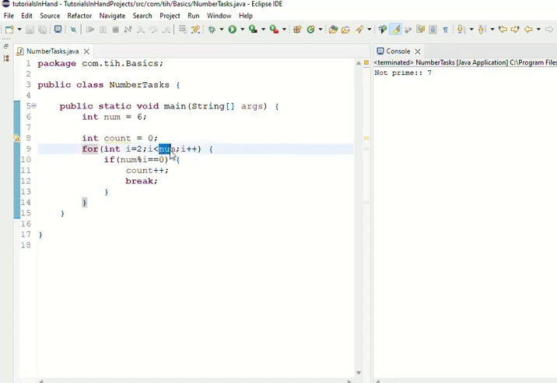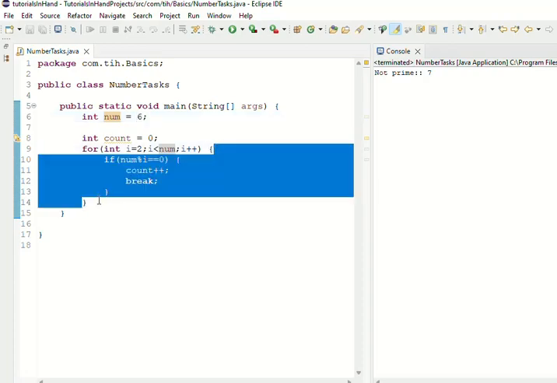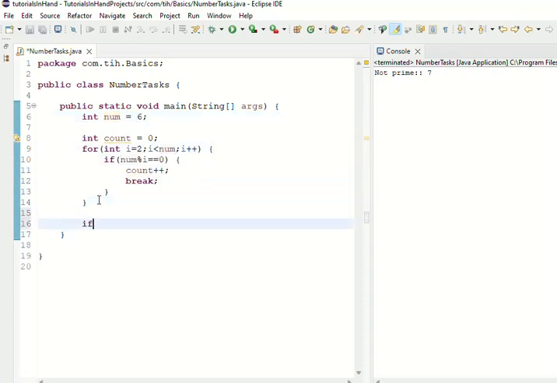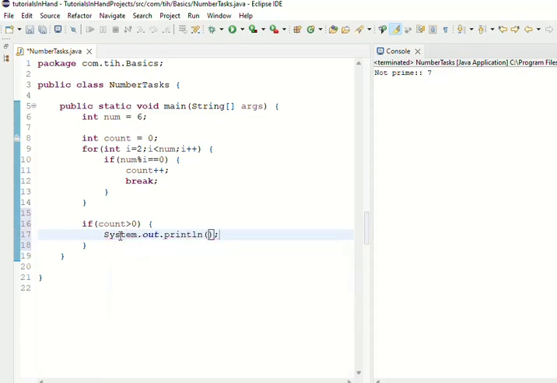That means we have found one more number that divides this particular number 6, and so it will not be prime. So what will be the logic outside the for loop? You will say that if count > 0, so if count becomes greater than 0, what we told, we have found one more number that divides this particular number that we are checking, and that is why that number will not be prime number, right? So we can write "not prime" and we can print the number itself.